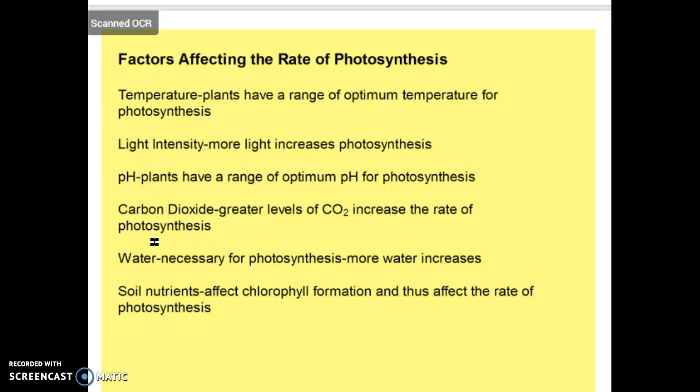Carbon dioxide. If there's more carbon dioxide gas, it would only make sense that there would be an increased rate of photosynthesis as long as there's ample water and sunlight. Again, water, as long as there's enough water and enough of everything else, water is necessary for that process, so more water would increase the rate of photosynthesis. And then soil nutrition has a huge effect on chlorophyll